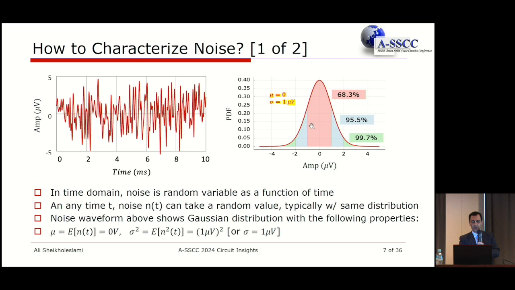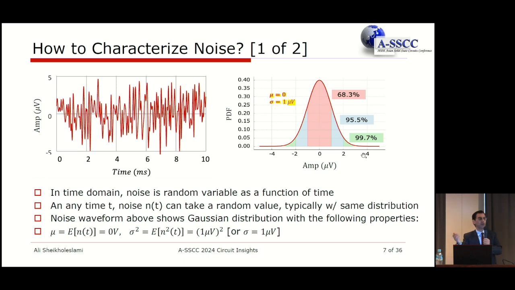But if you are willing to go and look at all the noise that is created between -2 to +2, again, you look at vertical axis here, -2 to +2, then it will become 95% of the time. And if you increase it and say, what about 3 sigma, which in this case will be 3 microvolt and -3 microvolt, then the probability will go much higher.